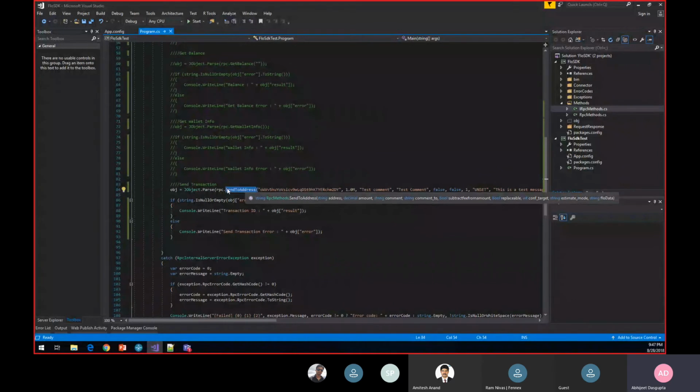If you set this value as false, the amount that your wallet will expend is 10 FLO for what is actually sent to the receiver, plus 0.1 FLO as transaction fee. So the entire cost that you incur is 10.1 FLO if the fee is not subtracted from